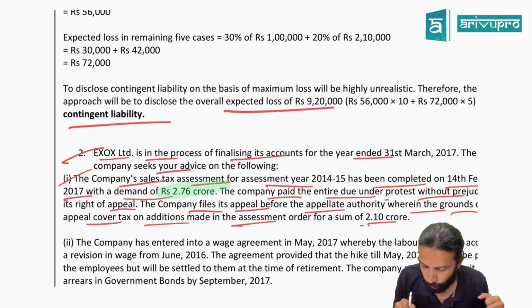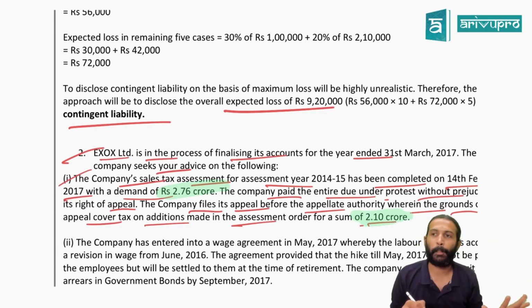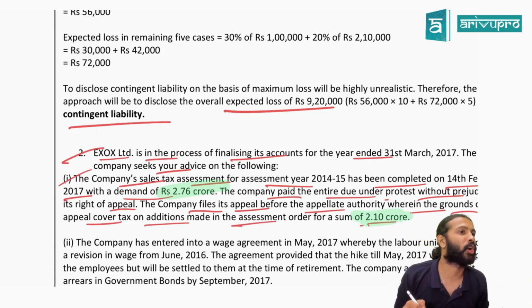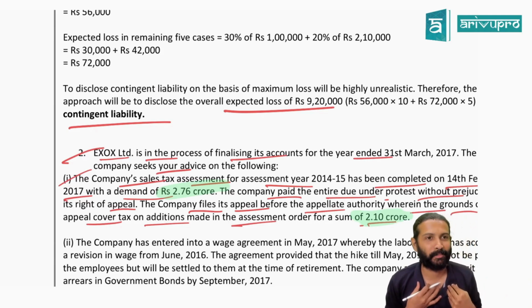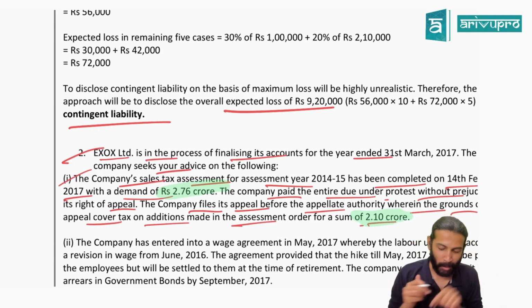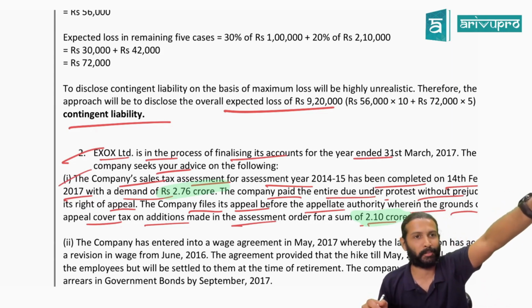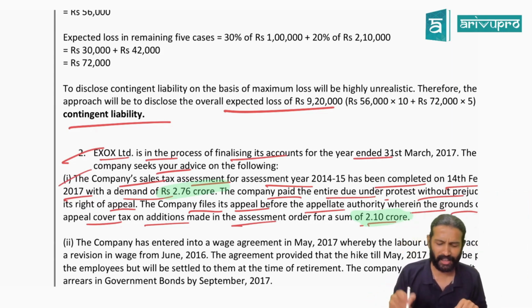But are you going for appeal for the full amount or only 2.1 crores, sir? You are appealing only for 2.1 crore. That means you are only accepting what? 50 or 60 lakh, I have paid less. That I will not appeal. Fair enough. But this 2.1 crore, I will not accept with you. This is okay. That means you are saying liability.